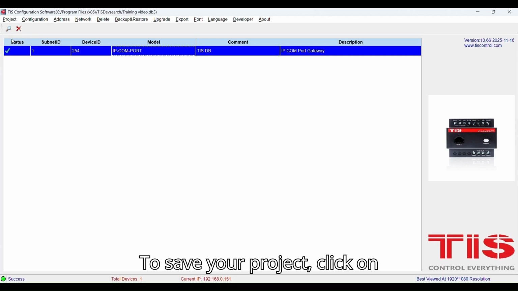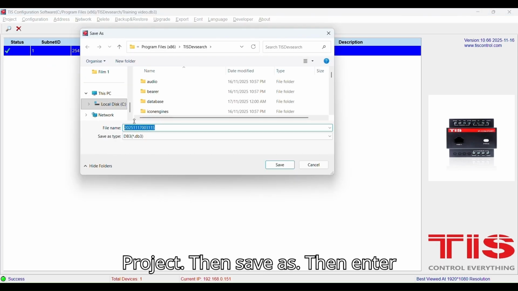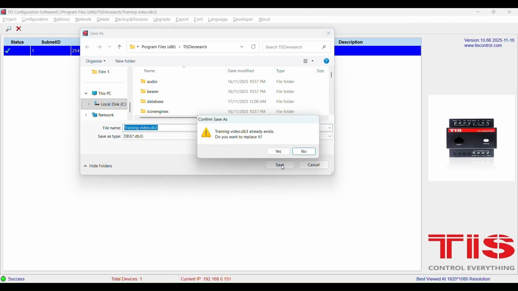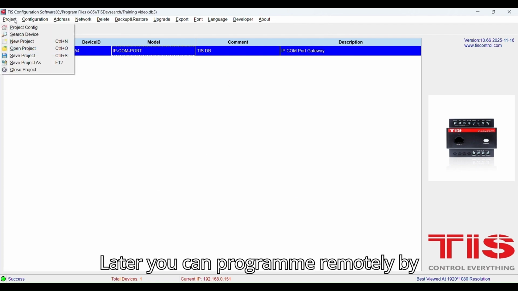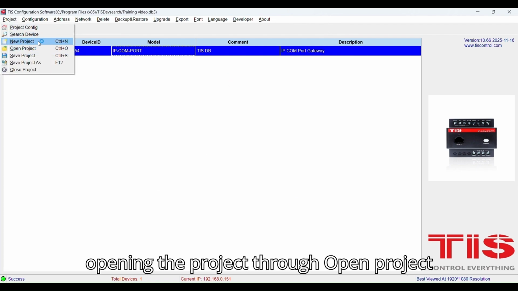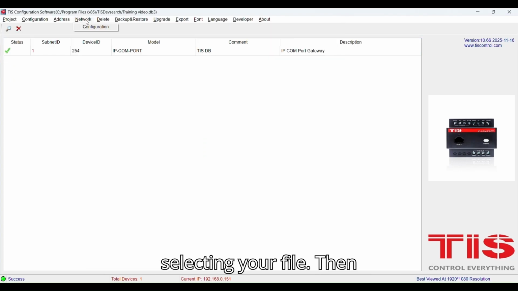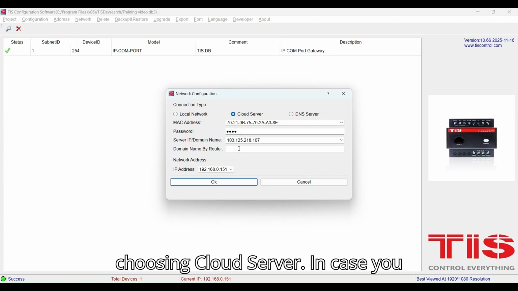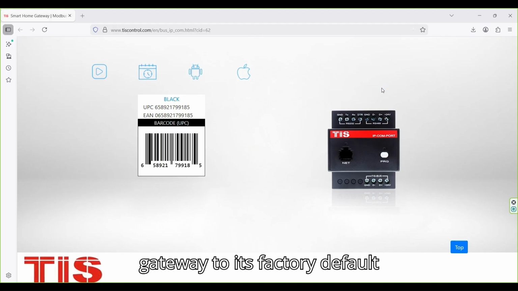To save your project, click on Project, then Save As. Then enter a project name and save it. Later, you can program remotely by opening the project through Open Project, selecting your file, then going to Network Configuration and choosing Cloud Server. In case you need to reset your TIS bus gateway to its factory default configuration, press